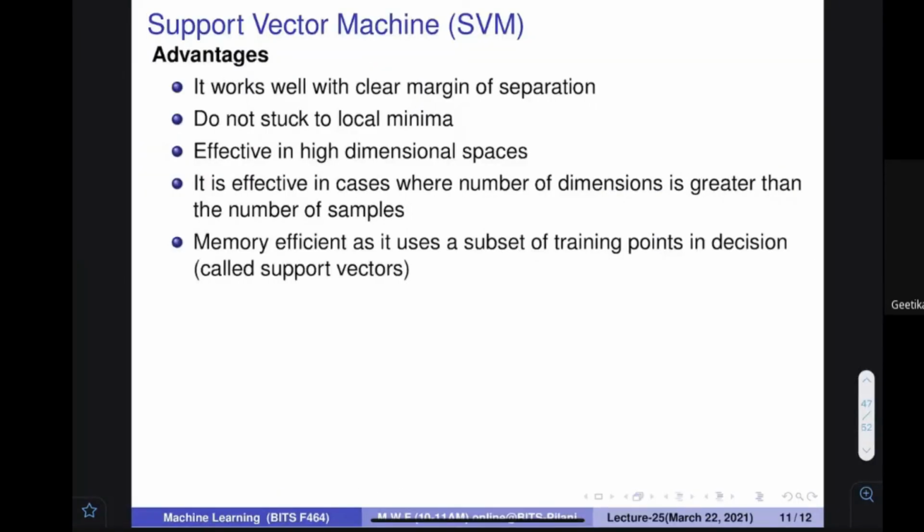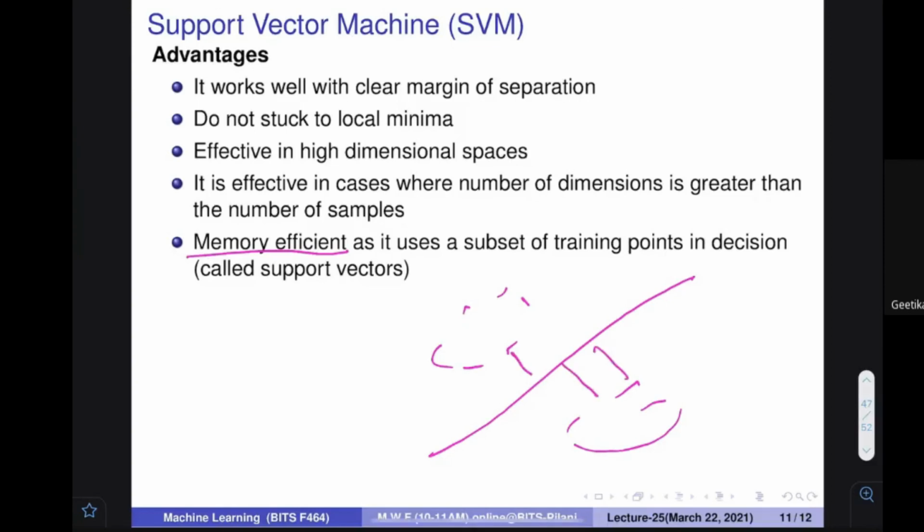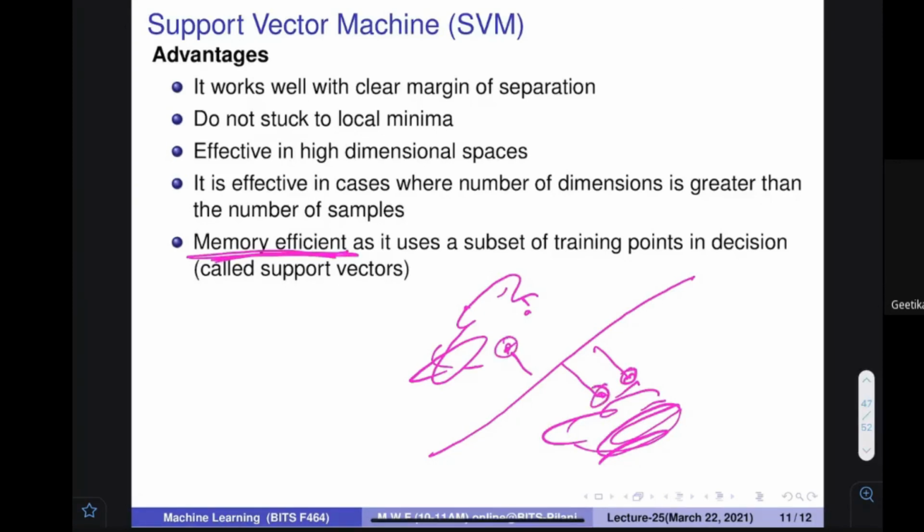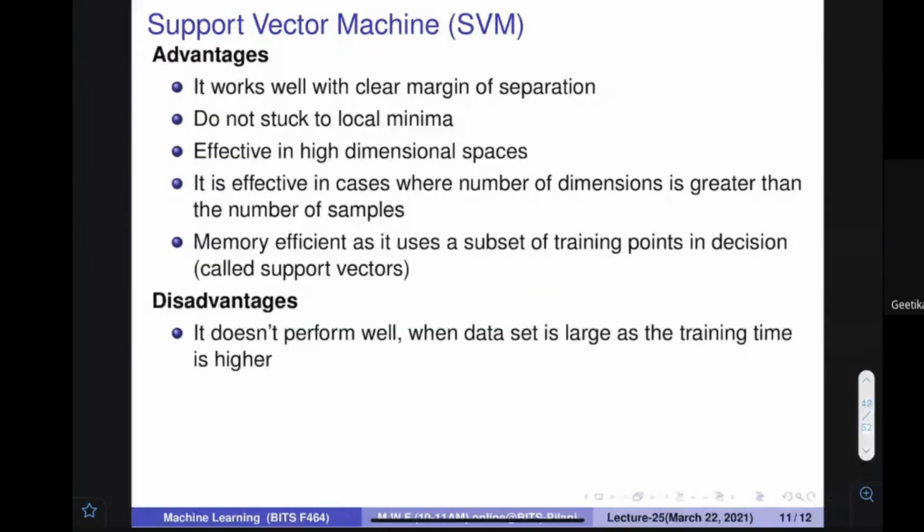It is memory efficient. As I told you, a lot of data points were there, but when we have come up with the parameters, we find which points are actually nearer to that particular plane, and then I can neglect all the other points. I can remove them from the data, and only these points are represented. Wherever I need to find the model, I can again utilize the same thing. So it is a very efficient way to represent the data. Only a few points, which are the support vectors, can be used to represent the data.